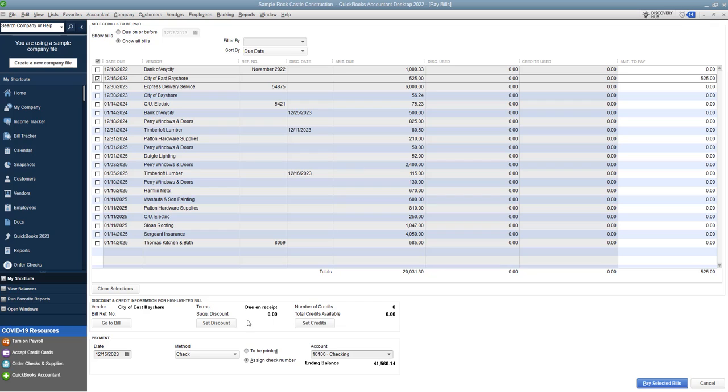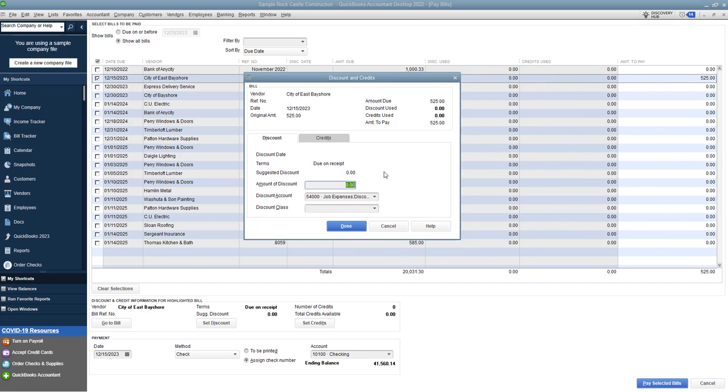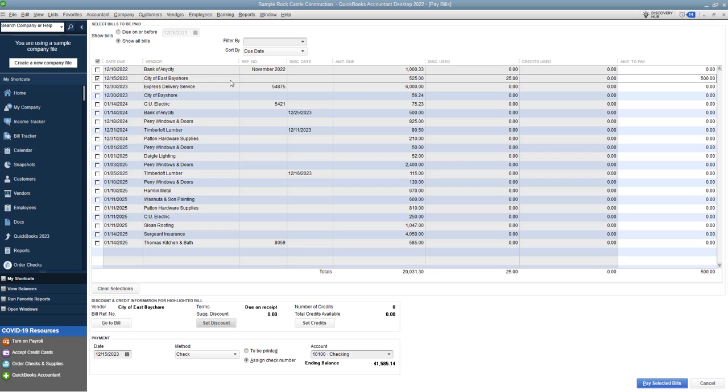So I click this off, and you'll see down here it says set discount. There is no discount. But let's say it brings up this box, and we say, okay, terms due on receipt, amount of discount, $25. Type that in, and we'll say job expenses, discounts taken. Click done, and you'll see now $525 original amount due, discount used, amount to pay. So again, in this case, all you need to do is go into pay bills, click on this set discount, enter the discount that you're taking, and QuickBooks will automatically track. So it's going to put this discount to that cost of goods sold, discounts taken,